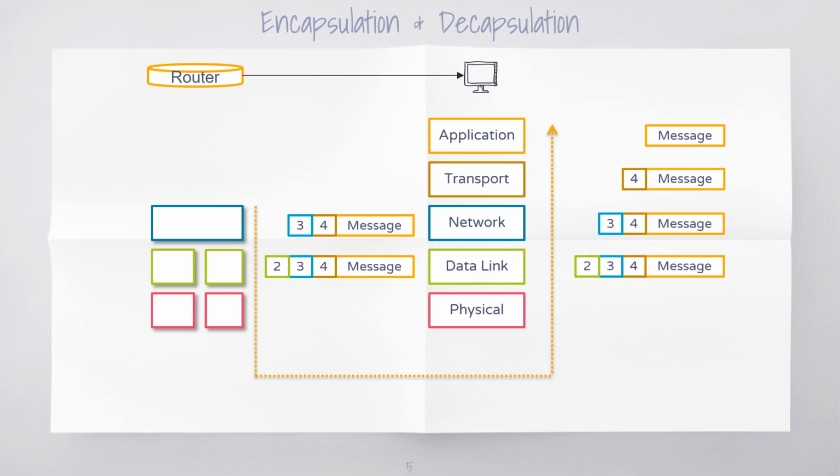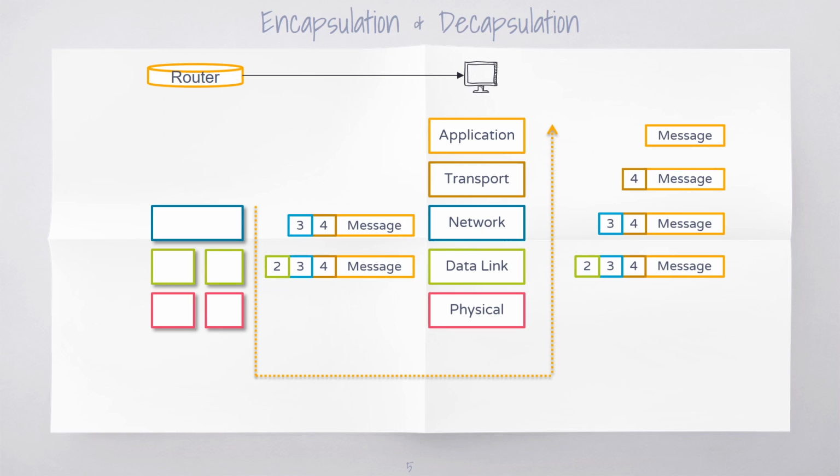One thing that we need to keep in mind from this particular process is that encapsulation is the process of embedding higher layer information inside layer specific information, thereby adding layer specific information in terms of headers and trailers, and sending it to the next layer. And decapsulation is the process of removing or stripping off the layer specific information added at a specific layer. End systems, that is hosts, source and destination, are capable of performing encapsulation at all the layers and decapsulation at all the layers.